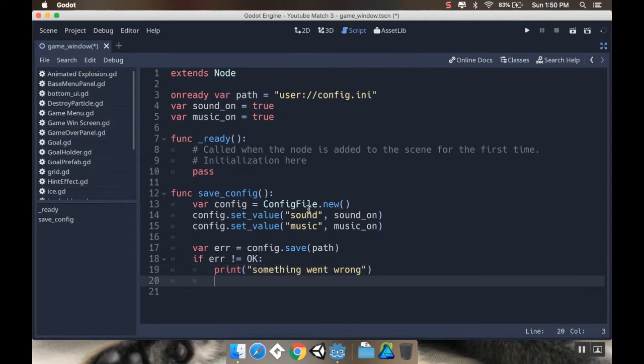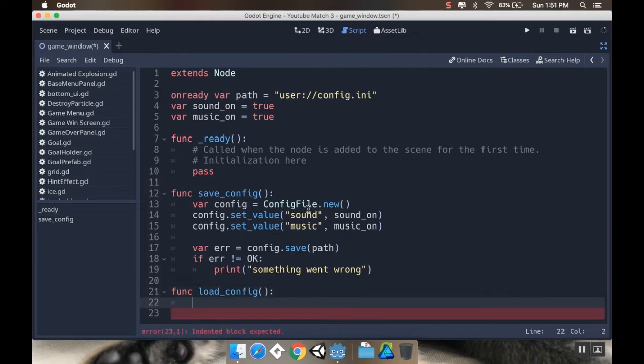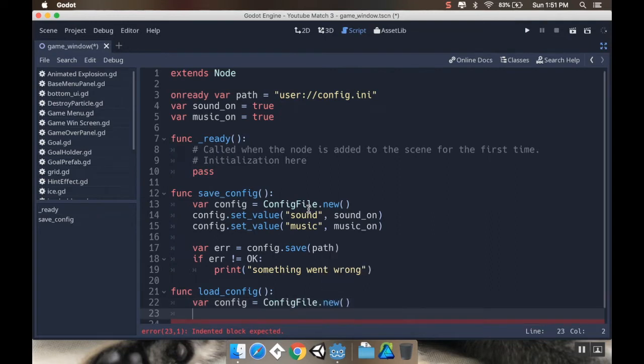Okay, so now I'm going to create another function to load the config file. So function load config, and this is going to do something very similar. It's going to create a new config variable. Var config equals config file.new. And then I'm going to set some default options. So I'm going to say my default options are equal to,